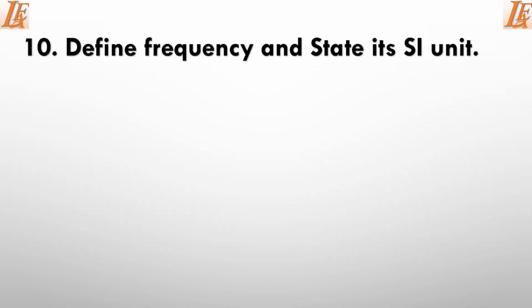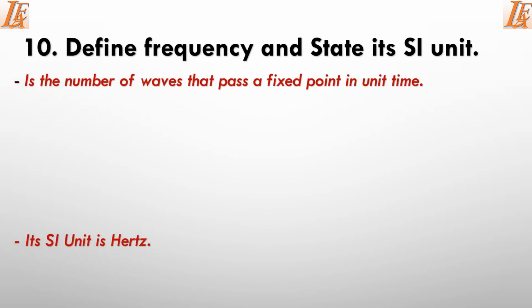Question 10. Define frequency and state its SI unit. We define frequency as the number of waves. Sometimes we call these waves oscillations. The number of oscillations that pass a fixed point in unit time. Unit time, sometimes we call it per second. So you have to find the number of oscillations or waves that pass through a fixed point in